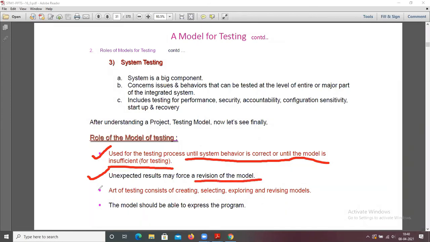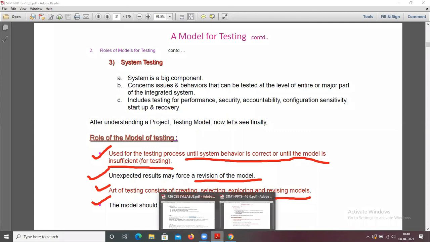The art of testing consists of creating, selecting, exploring, and revising models. The model should be able to express the program. Okay. So these are the roles of the model of testing. I hope you all understand the model for testing.